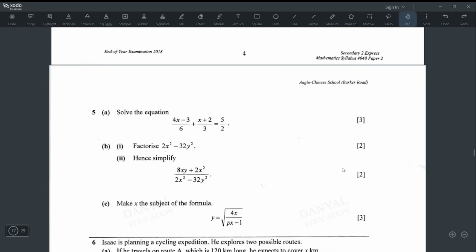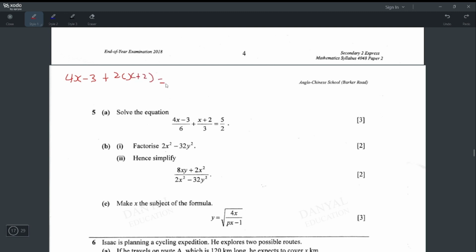So for question 4, we'll have factorization and simplification of algebraic expressions. So let's start with the first one. The first step I want to do is remove all of these denominators. So I'm going to multiply both sides by 6 to make it become 4x minus 3 plus 2x plus 2 equals 15. And after that, we'll have 4x minus 3 plus 2x plus 4 equals 15. I'm going to be left with 6x equals 14, and x equals